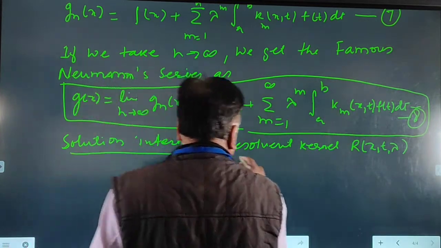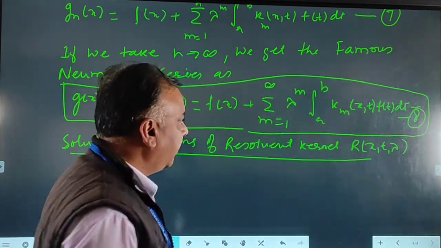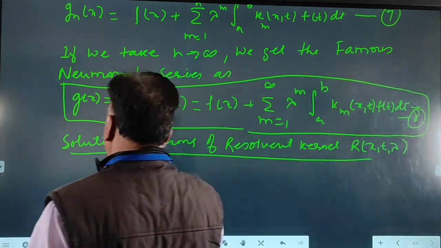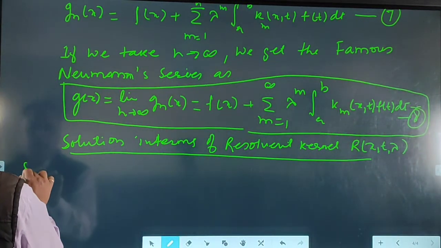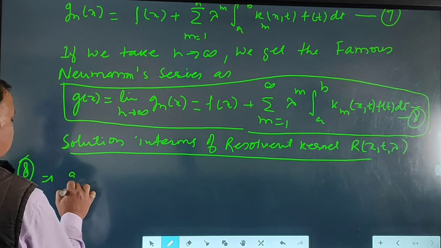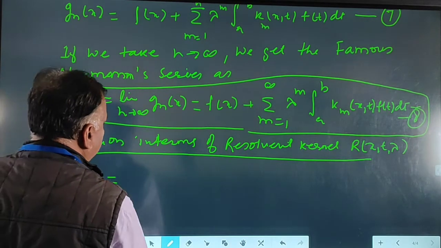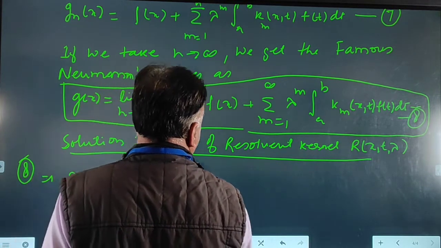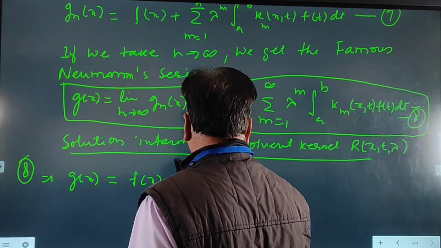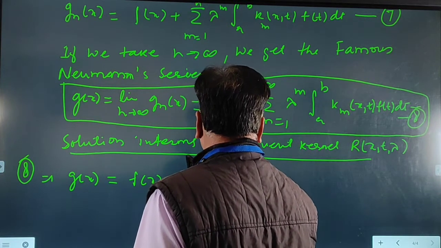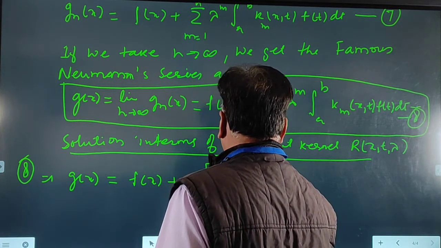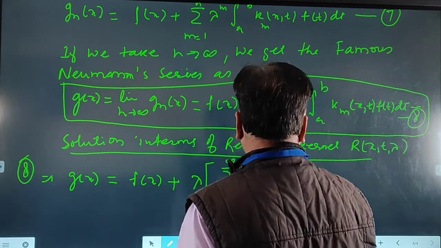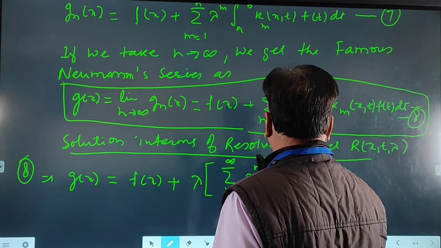We will find this with the help of equation number 8. Now this equation 8 can be written as gx is equal to fx plus lambda summation m is equal to 1 to infinity lambda raised to m minus 1 integral a to b